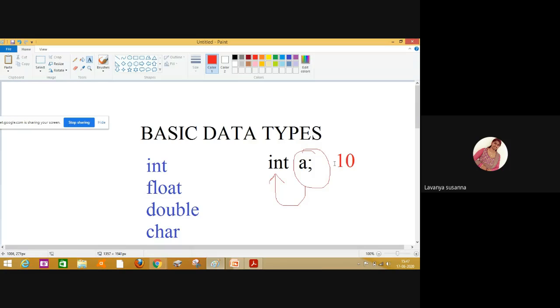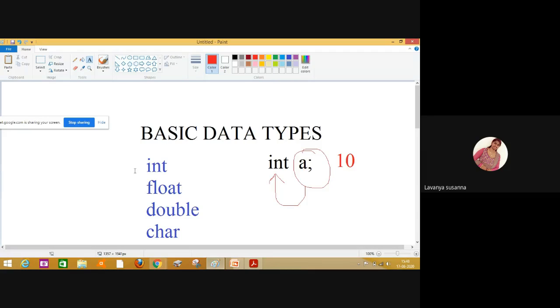It is also saying the type of operations that can be performed on these integers. On this integer 10, which type of operations can you perform? Addition, subtraction, multiplication, division. All these operations you can perform. I hope you understood that data type means which type of data and what type of operations can be performed. These are predefined data types: int, float, double, char. You have already studied this in first year in C language. I'm not going deep into it.